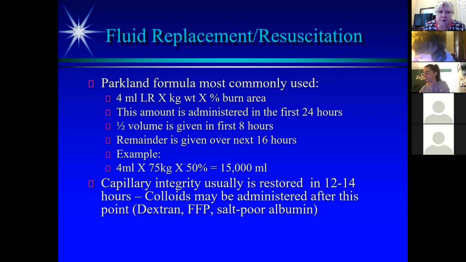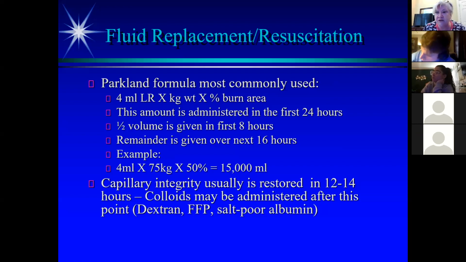And so I've got an example about six bullets down. It's 4 mLs, which is standard, and this person weighs 75 kilos. So I said 4 mLs times 75 kilos times 50. It is not 0.5, so we're not changing it to a decimal like for 50%. It's times the percent, 50. Okay, so this person over the next 24 hours is to get